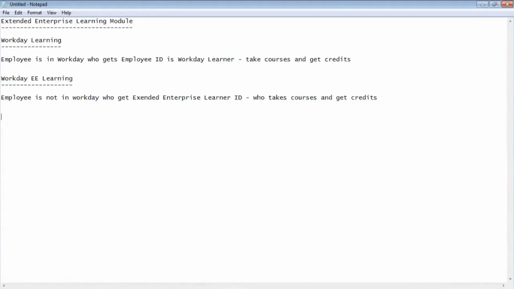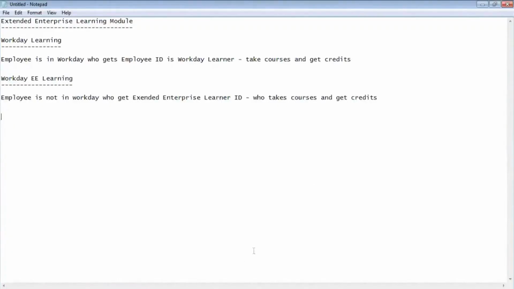Workday came with an approach, saying that you can do that. We have an option for these specific kinds of requirements. We have a model called the Extended Enterprise Learning Model. Through this model, your international workers can get in and access your learning system. They will not be able to access anything else, only learning-related content. They're not employees in Workday, they're only extended learners in Workday.